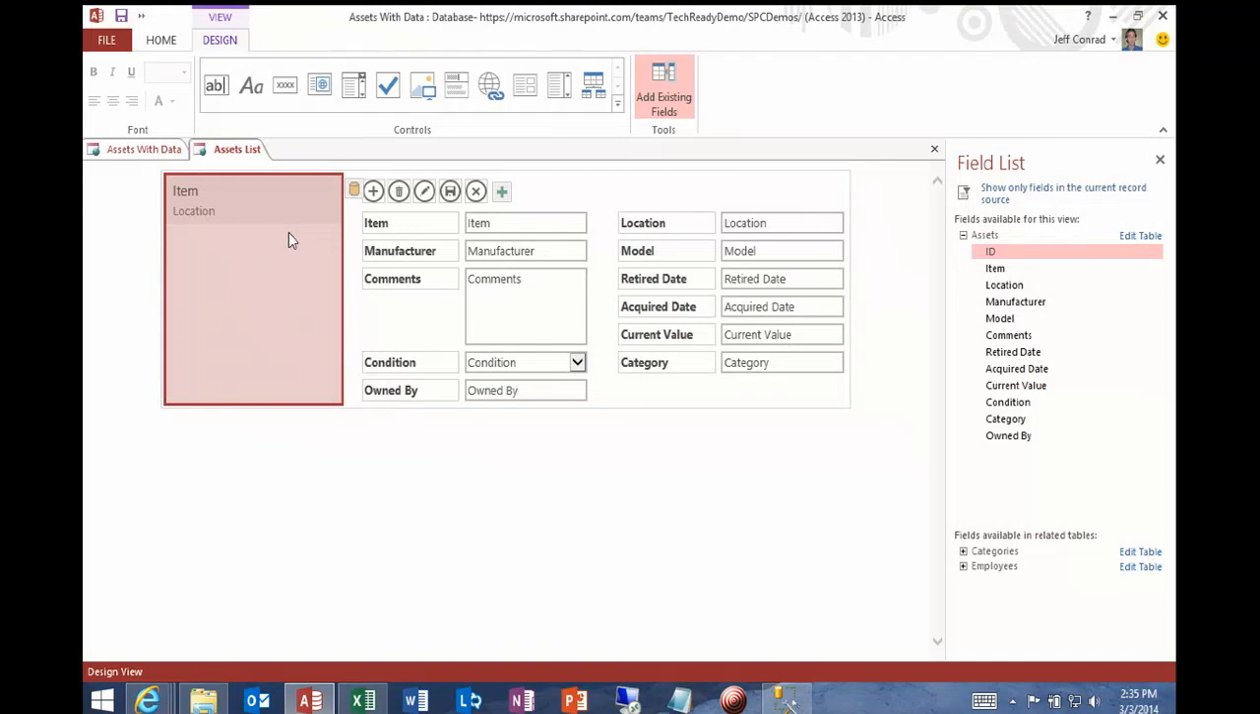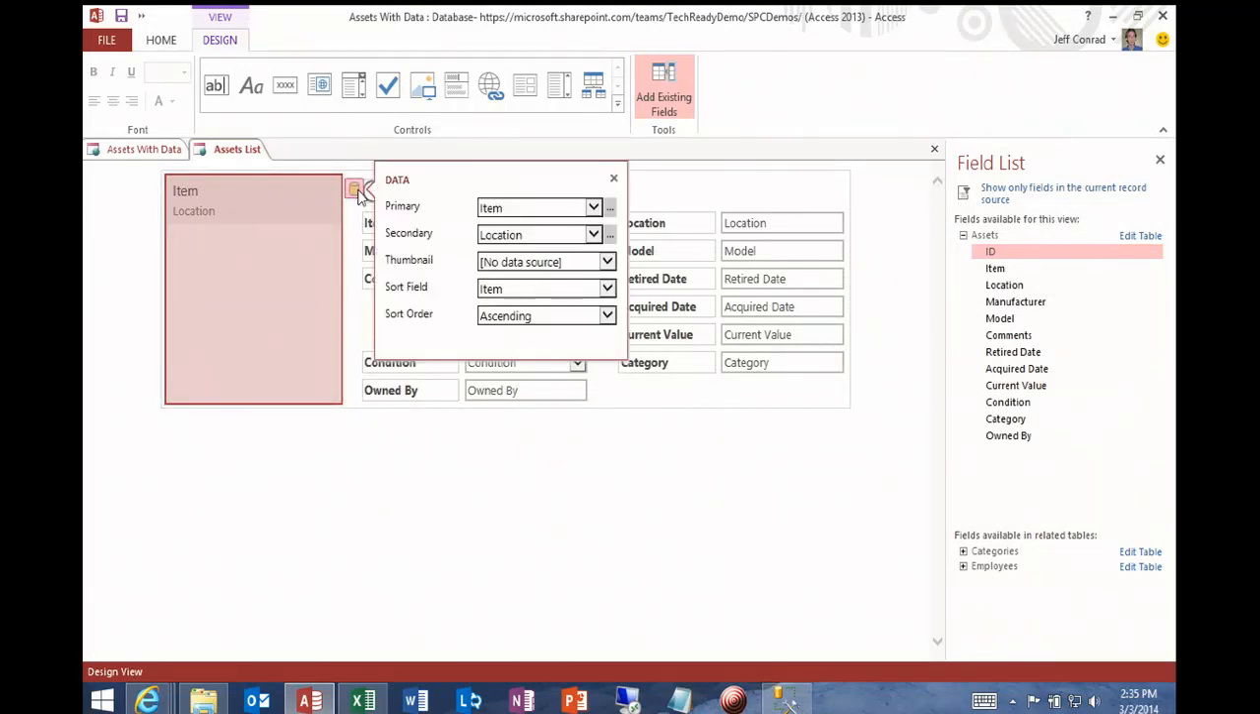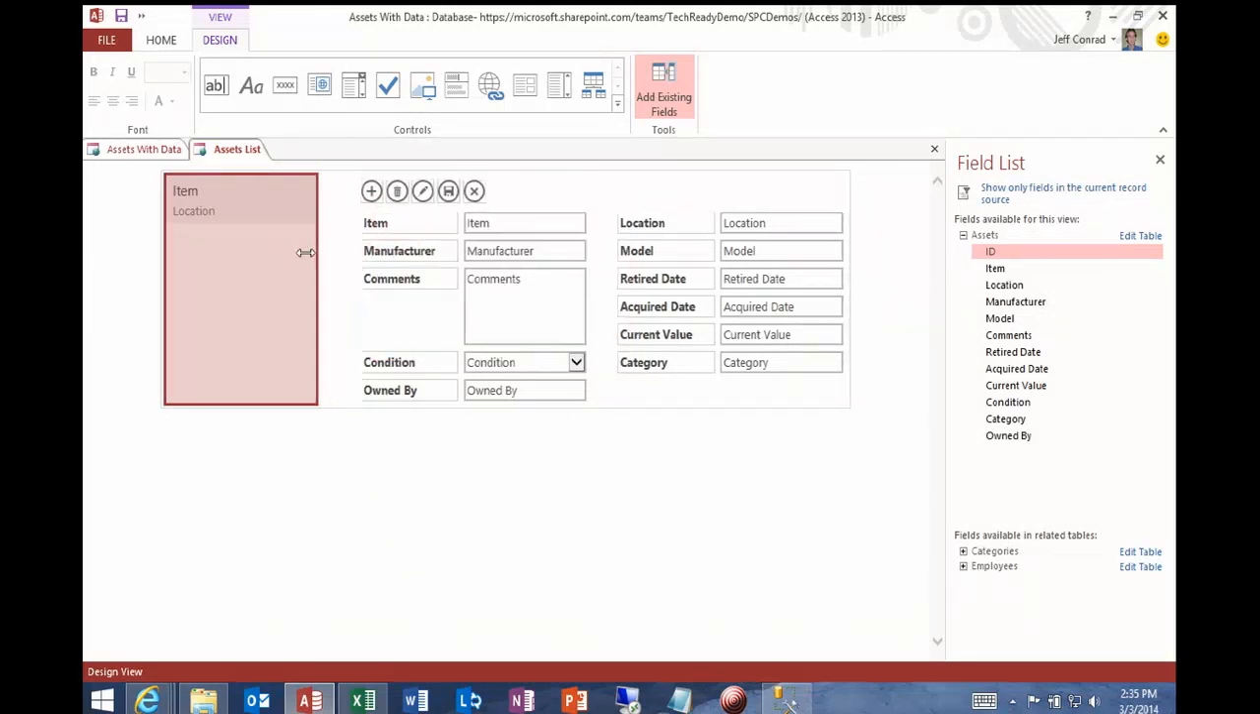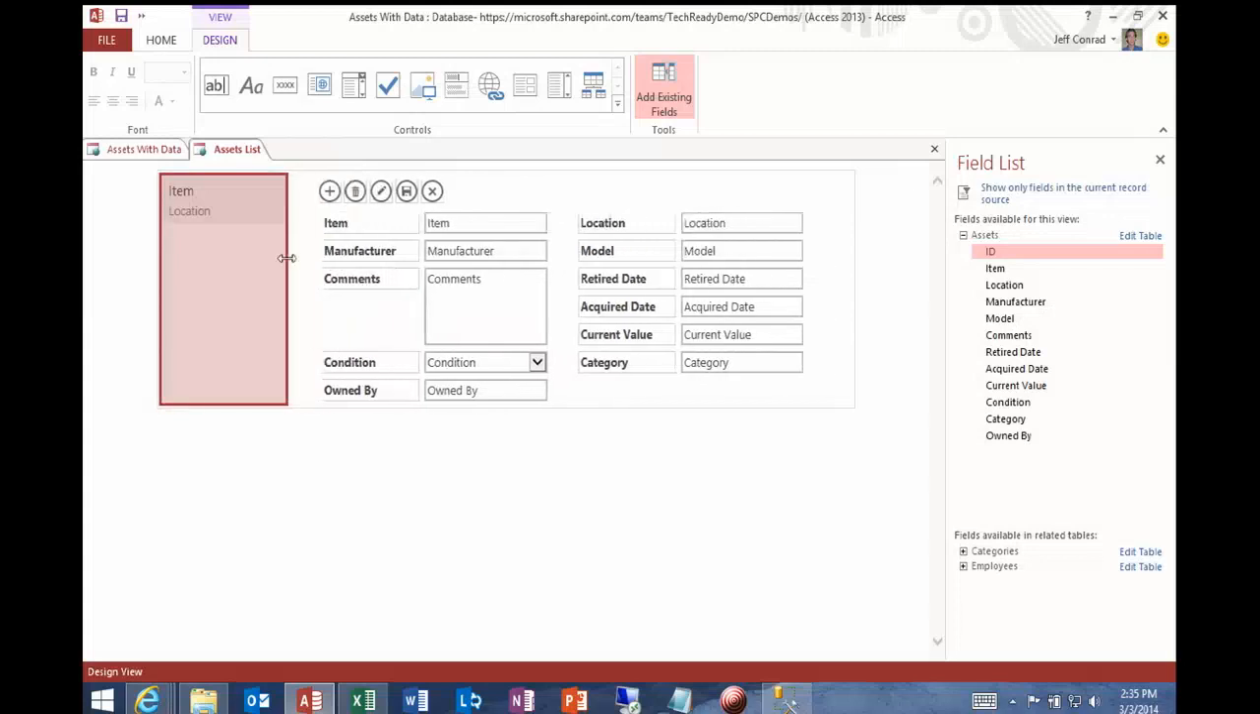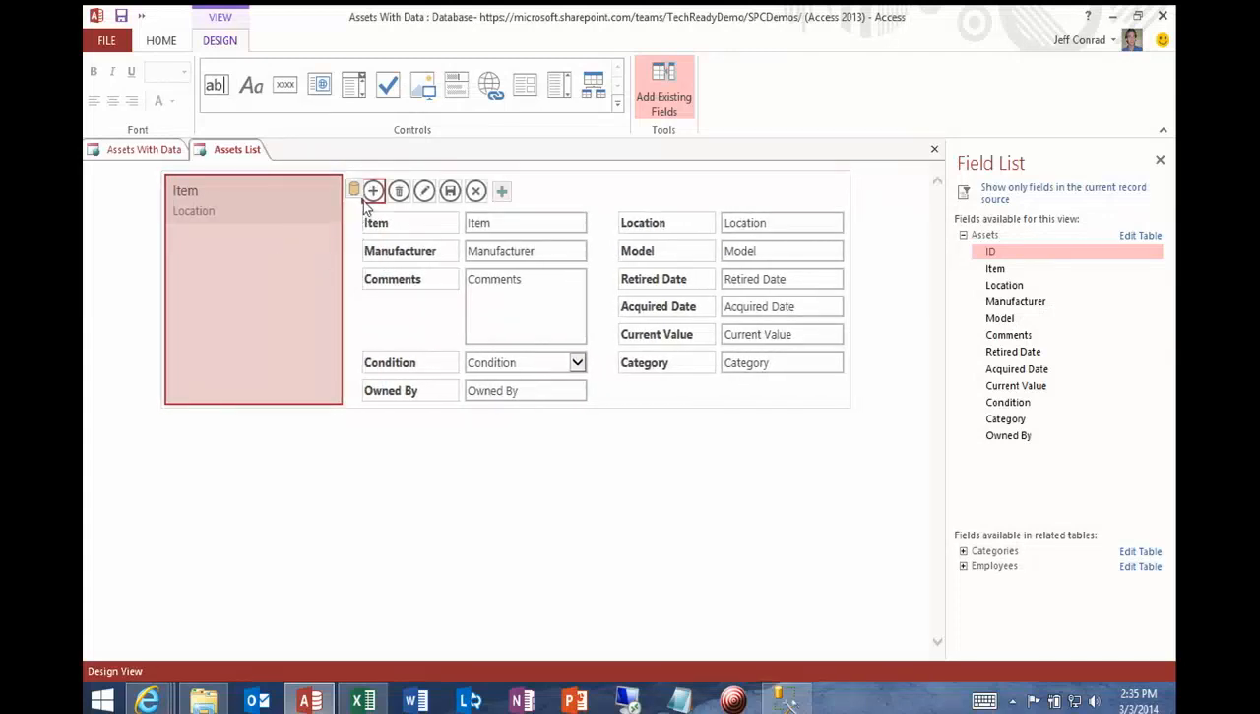This is a list control that's part of the list view. And so as I select that, there's some properties I can set. I can set the primary, secondary. If I had an image in this particular table, I could put a thumbnail in there. What do I want to sort by in here, whether it's ascending or descending? Simple drag and drop. I can easily resize this a little bit if I'd like. Depending upon the controls that you select here, will light up some of the formatting options up here on the